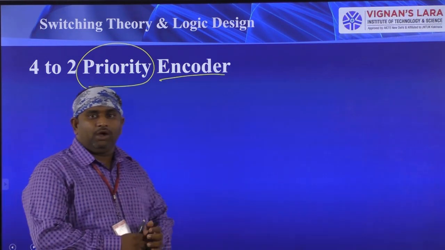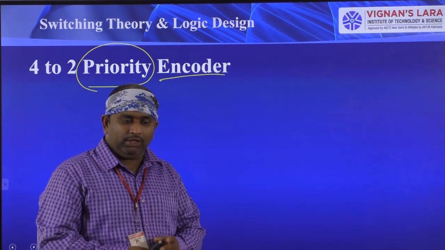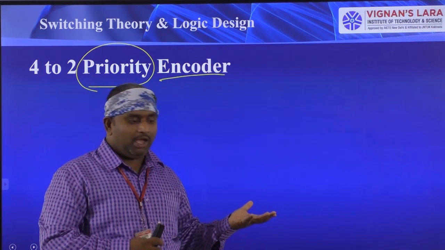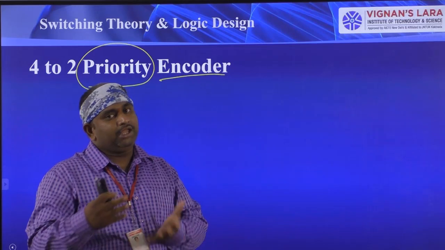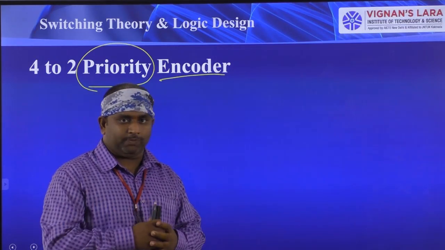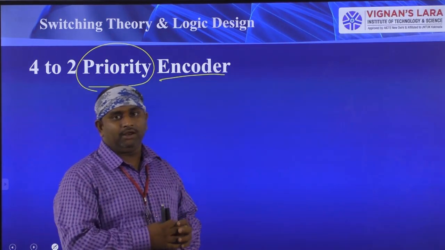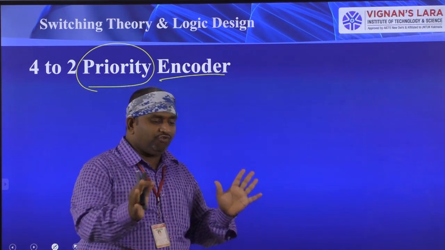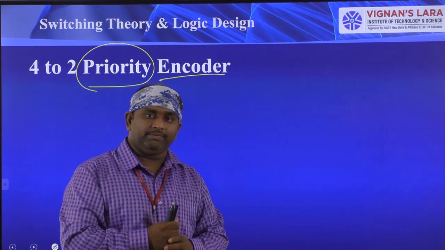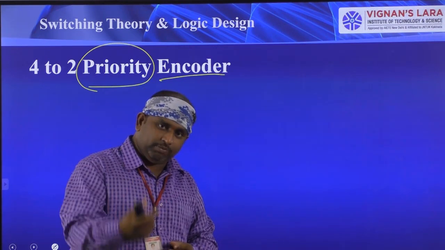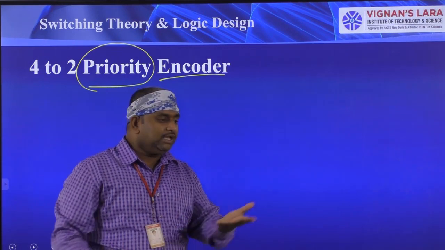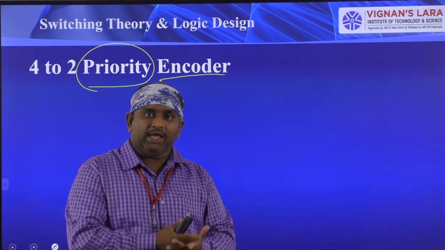For example, when you are going to buy a mobile, in the mobile shop, you have 5 mobiles. 5 mobiles are 6 GB RAM, and 5 mobiles have 256 GB internal memory, and 5 mobiles have a Snapdragon 830 octa-core processor. That means all the 5 mobiles are very latest mobiles. In that 5 mobiles, what is your choice? That means which mobile you are going to buy. Are you going to buy 5 mobiles, or 3 mobiles, or 2 mobiles, or do you have any preference? In that 5 mobiles, this mobile seems to be very good, like you are going to say.